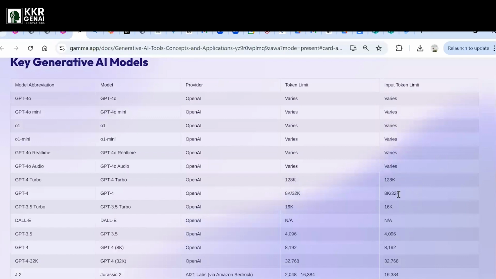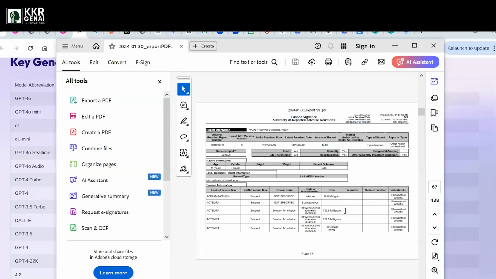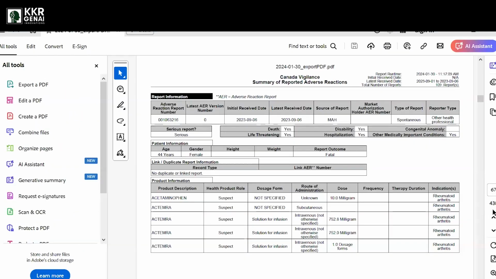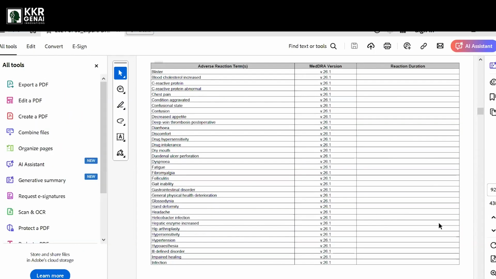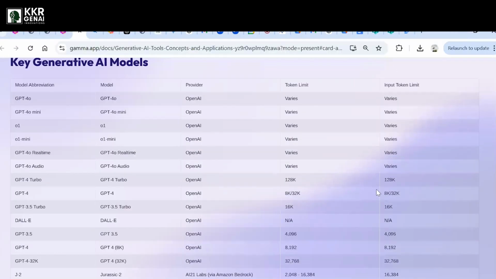you can see the input token limits as well, because you will always have a doubt: Venkatesh, can we provide as much instruction as we want? Along with that instruction, when you are providing the input information, sometimes, I'll show you one document. This is one of the documents I worked on in the industry for healthcare information. This document has 500 pages of information. On each and every page there is some specific information. This information we call content, and technically we call them keywords. Keywords are tokens.